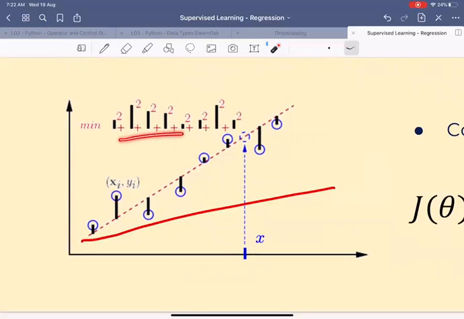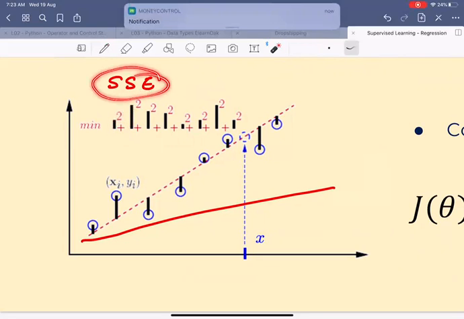Then we add all of these terms up. If you have to name this method, what would you name it? Sum of squares. Sum of squares of error. Excellent, that is the right answer. It's called SSE, which is the sum of square of errors, which is what we're doing. We have taken each error, we have squared it, and we have summed it up.